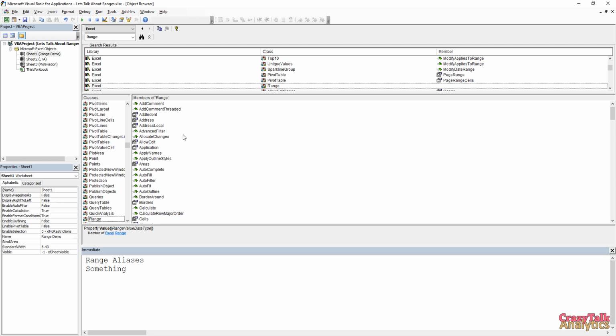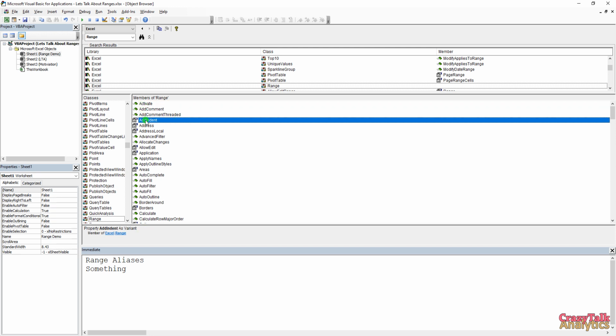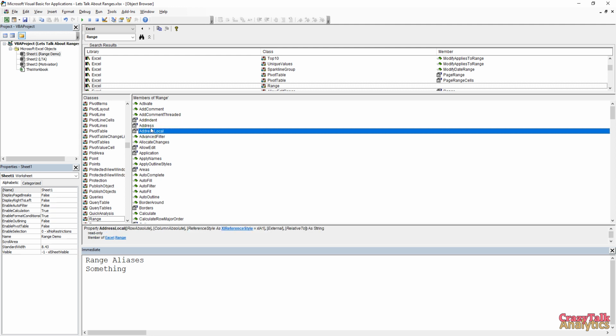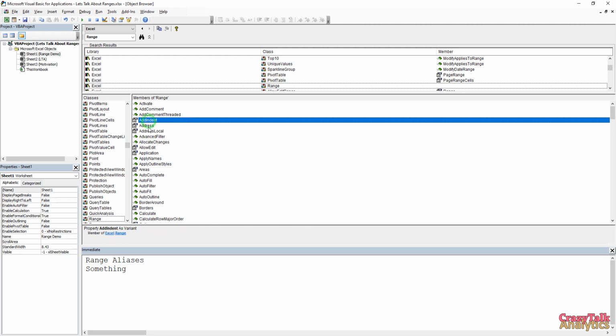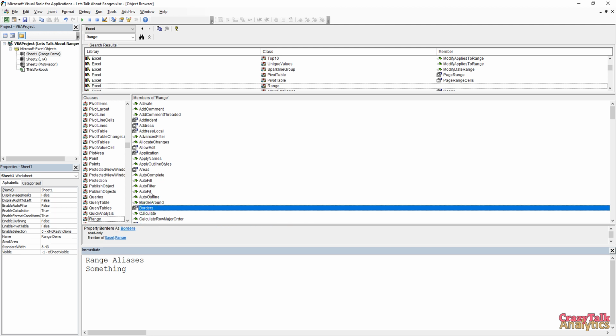So just a quick comment on this, what looks to me like a chalkboard eraser, old school, like green chalkboard eraser being thrown. That's your method. And then what looks like a finger or something pointing to a drop-down list, that's your properties. So these are set things, set attributes, characteristics. They could be other objects, such as a range is a property of a worksheet. These could be values, text values. It could be something that tells you the address or the border, what's around that range, which itself is another